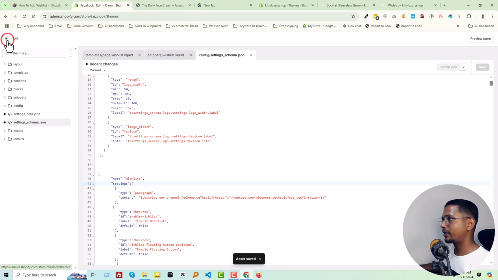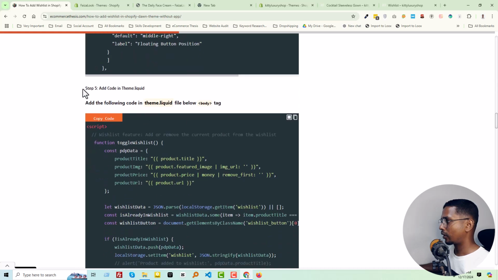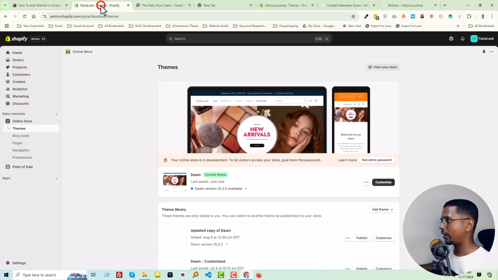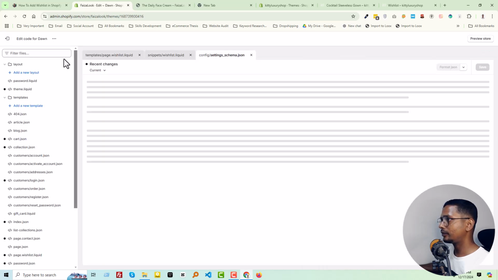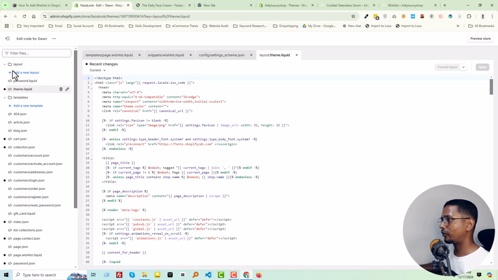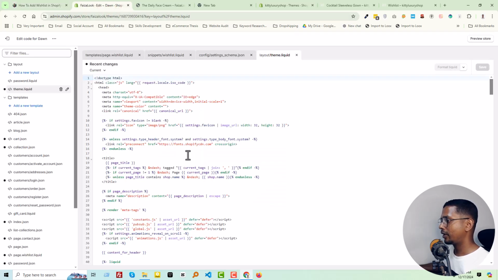Now exit it, go back to our website, scroll down, and now we are in step 5, add code in the theme.liquid. So go back to our admin panel, open this 3 dot icon, edit code, open theme.liquid file. You will find this file under the layout folder. Then copy this code snippet, add this code under the body tag, scroll down